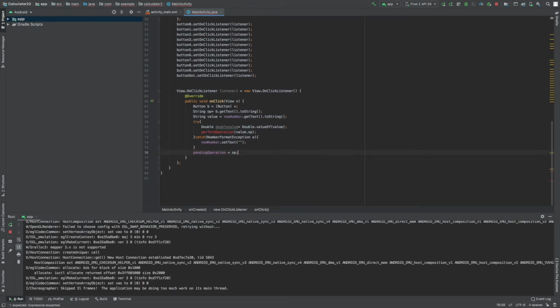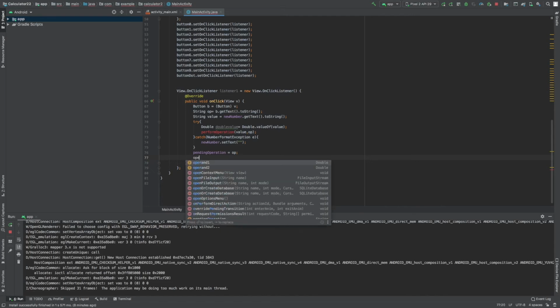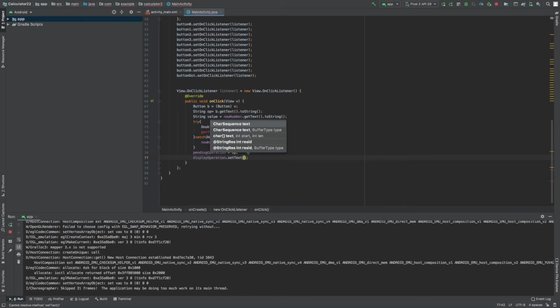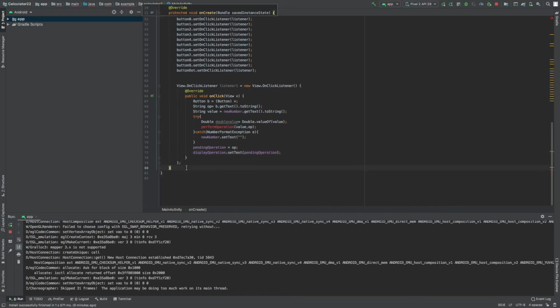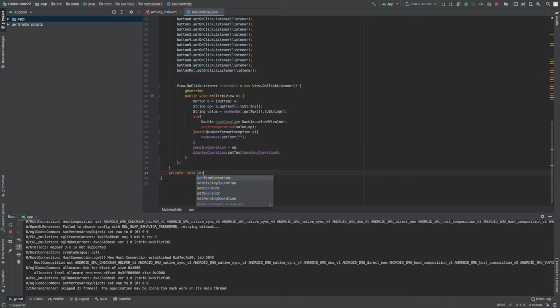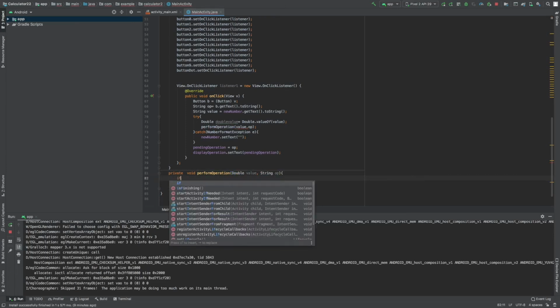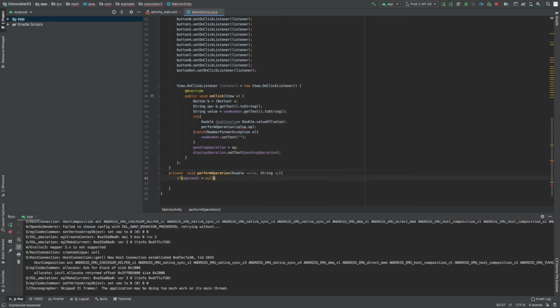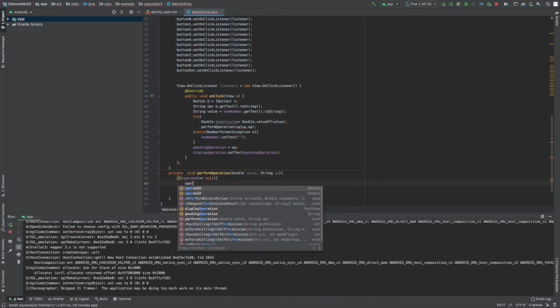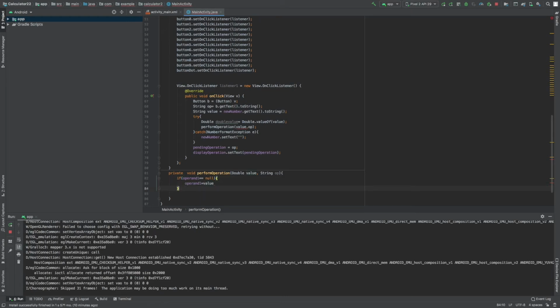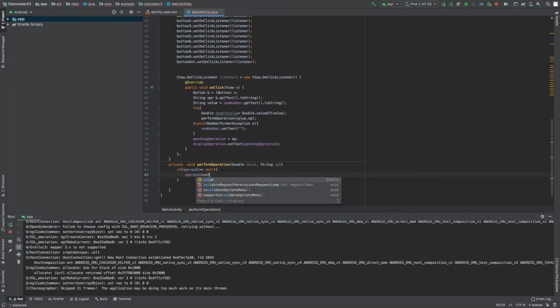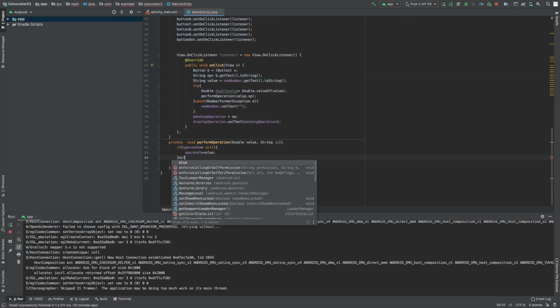So if you see that I have a pendingOperation equal to op, I actually set the pending operation to equal to in the starting, if you remember. So it's gonna perform the operation. So if I have plus, it will be changed to plus here, and displayOperation.setText will be to pendingOperation. So the display operation, you remember the text view that I earlier had, is gonna change the text to that. So I have a private void performOperation here. I had a double value and String op. So you remember that I have changed that value to double.